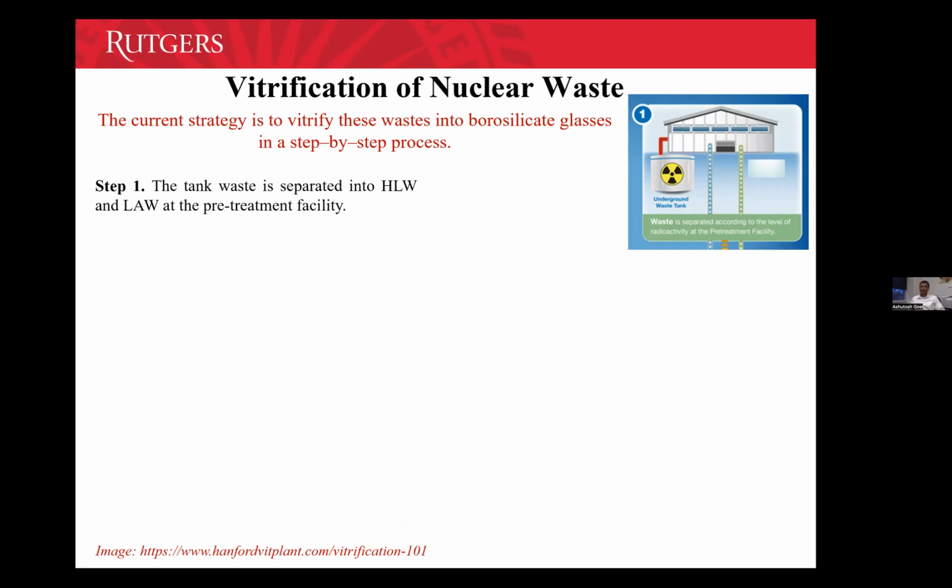So the first step is that the tanks that contain this waste, 56 million gallons of waste, we'll separate into two parts. One will be called the low activity waste, LAW, and the second part will be called the high level waste, HLW. So 90% of this waste in the tanks is categorized as LAW, low activity waste, and the remaining 10% is known as high level waste. And you can judge, when I say high level waste, it contains species that have high radioactivity.